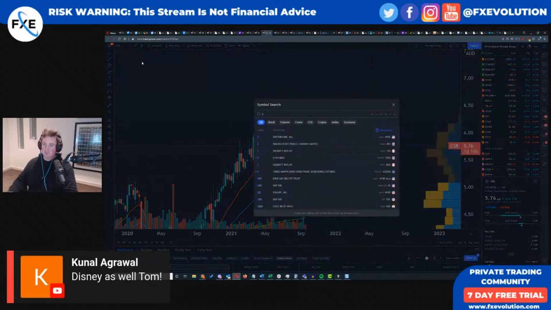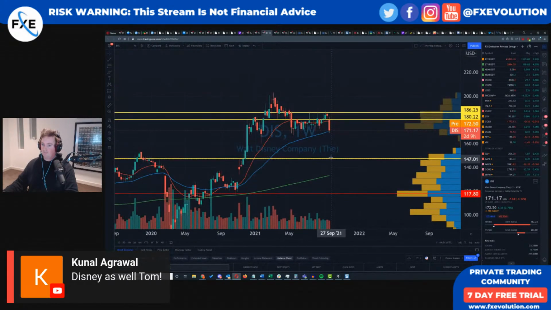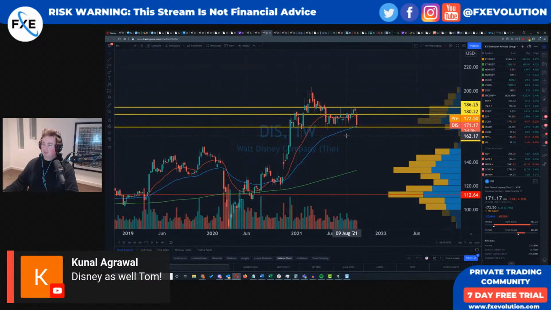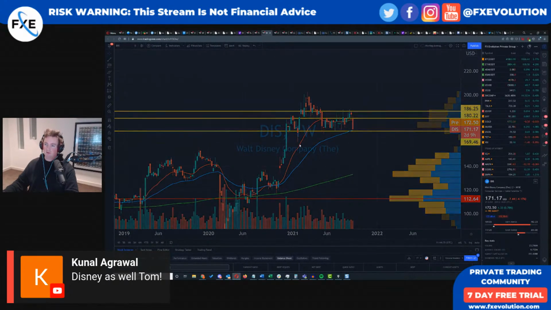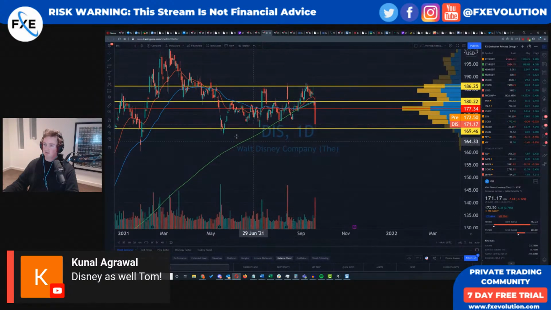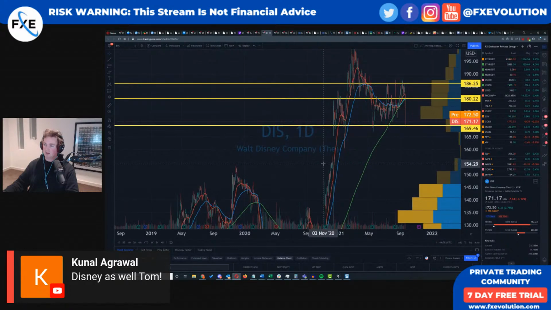Disney as well. Yeah, let's have a look at Disney. I saw that fell about 4% yesterday, right onto the support lines. Disney's probably at a good level for you to look at, though it is like catching a falling knife. If you liked it already, I'm not sure why it dropped so significantly yesterday, but if you liked it already, this is a zone, and I would be looking for some kind of turnaround structure. However, from an investment standpoint, that could be an area you're looking at. If it does end up closing underneath here, bad things will happen to it, though. I would see it back at 155.